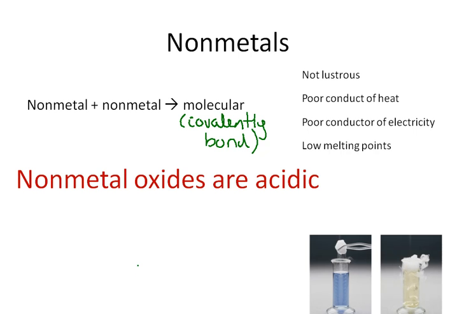Nonmetal oxides are acidic. Okay, metal oxides were basic. Nonmetal oxides are acidic, and we've got some proof for that. Nonmetal oxide plus water gives you an acid. That's the first proof. Nonmetal oxide plus base